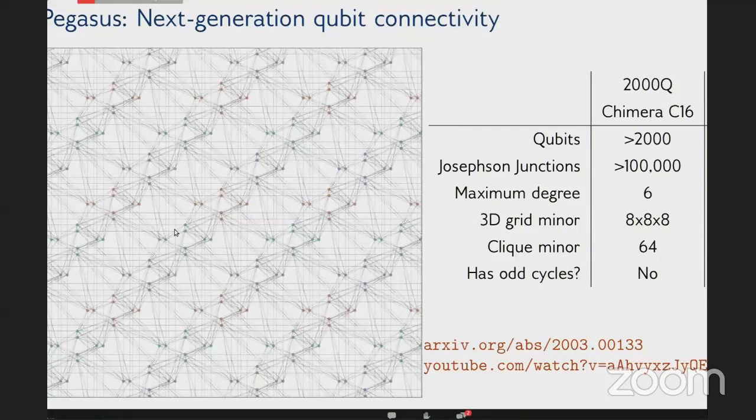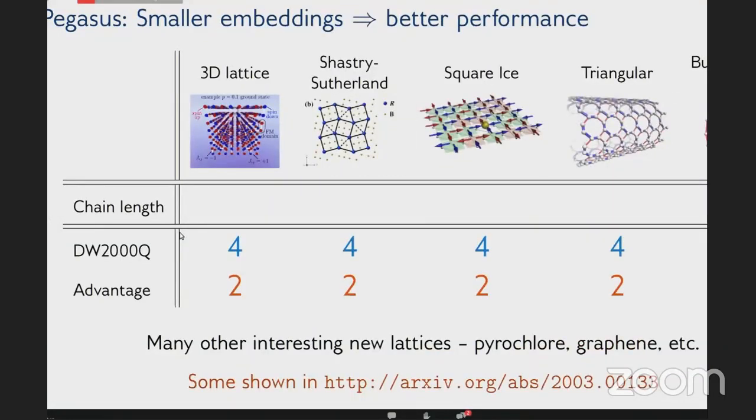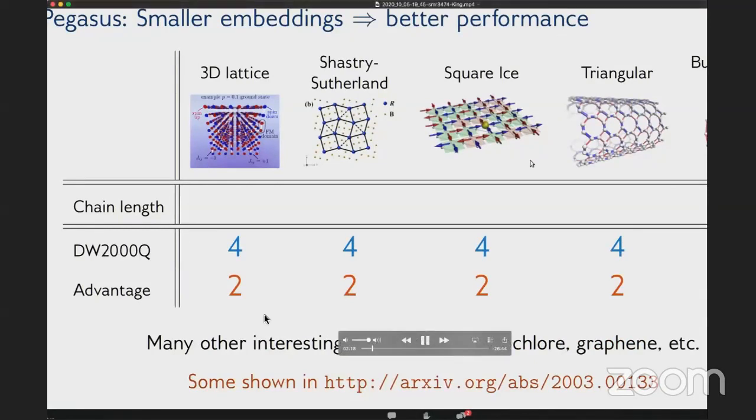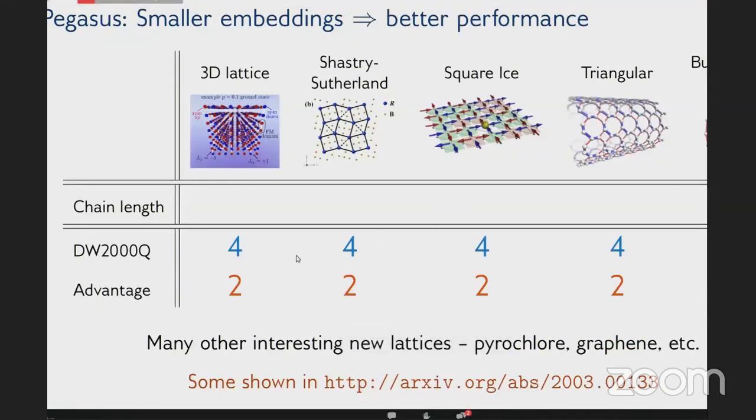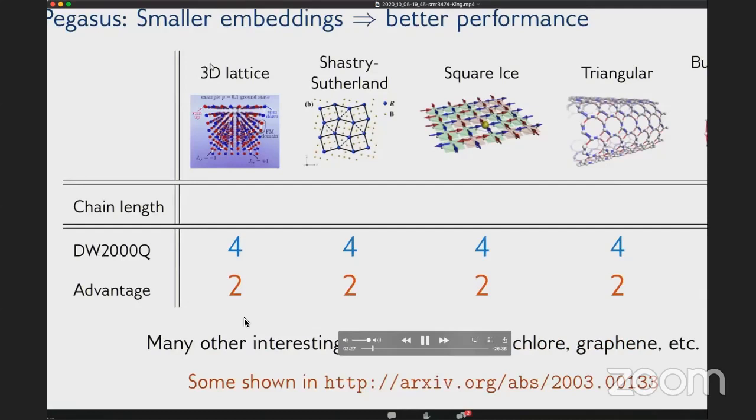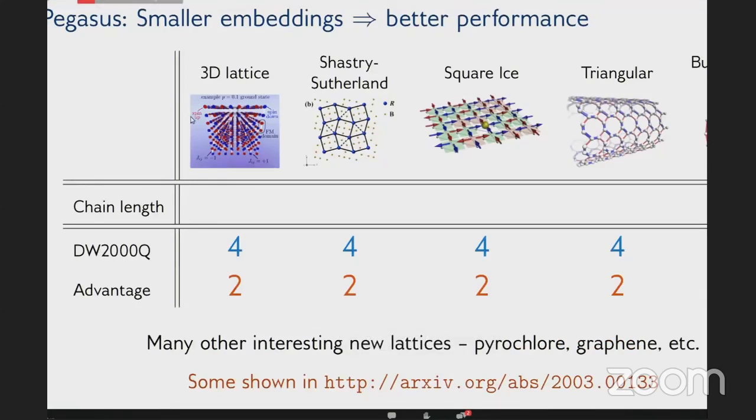Okay, so what can you do with this graph? I'm going to focus on some finite dimensional systems that we have simulated in the previous system. And for all these except for one, the new system allows embedding with chains of length 2 instead of chains of length 4. This started with Richard Harris et al.'s work on the 3D lattice. And we've studied a lot of two-dimensional systems in the meantime, including the Shastry-Sutherland lattice with Oak Ridge National Lab, quantum artificial square ice with Los Alamos National Lab,